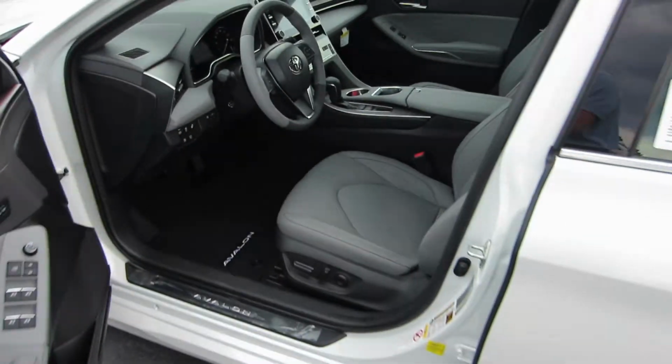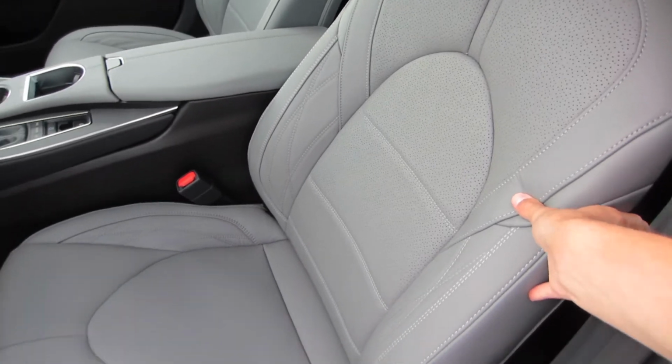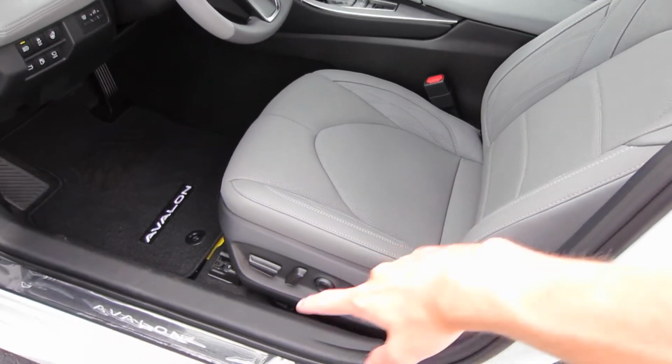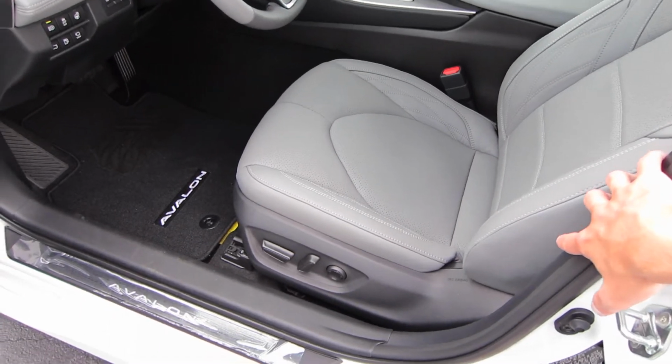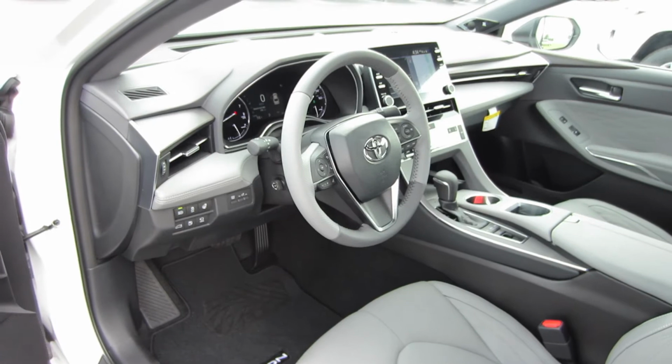Now, coming in, of course, we do have our completely redesigned interior as well. Fully perforated driver's seat with your heated and ventilated available options. Fully powered driver's seat down there with your power lumbar, 2-person memory, power tilt and telescoping steering wheel that is available to be heated as well. So stepping in,